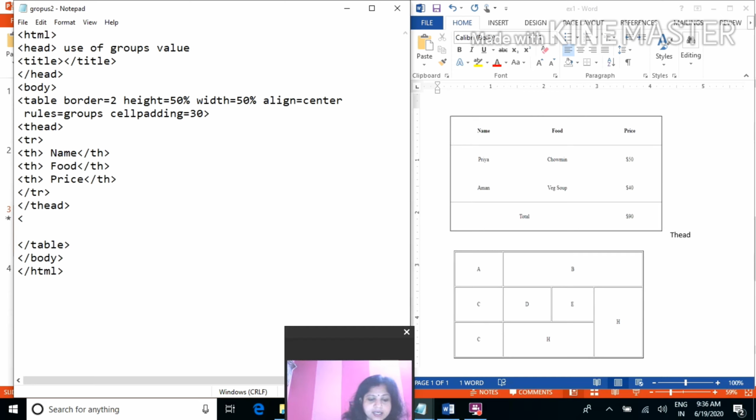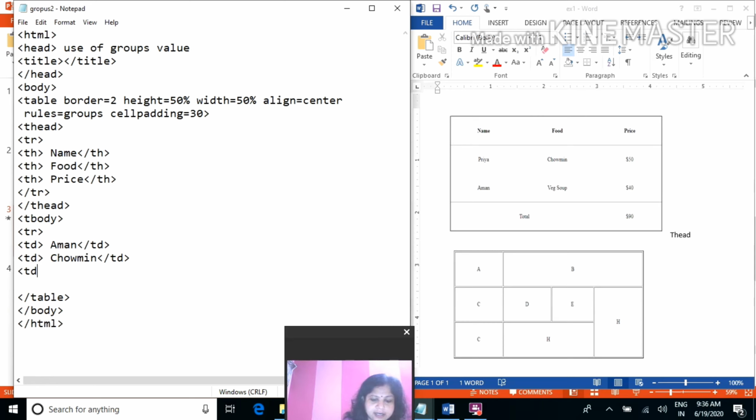Next is your tbody. Next tr. Write the first cell data and close it. Then write the next cell data, close it.